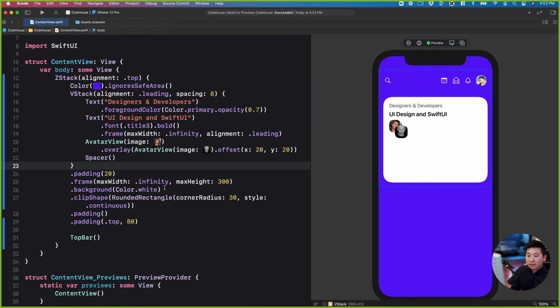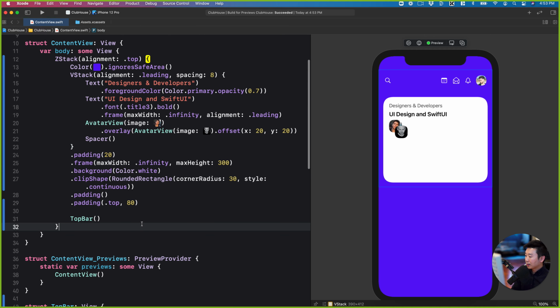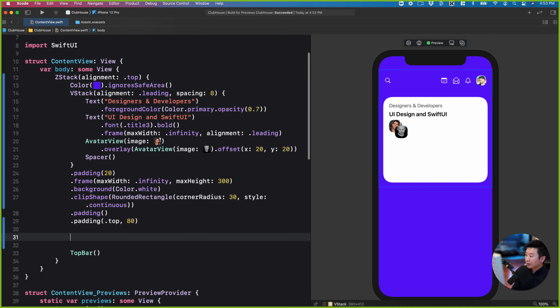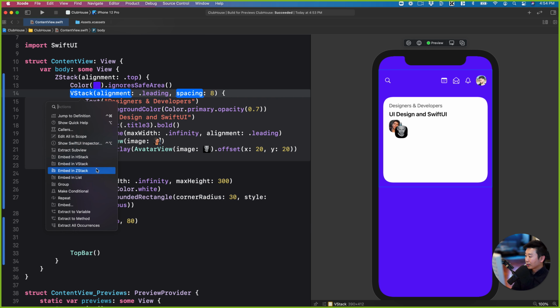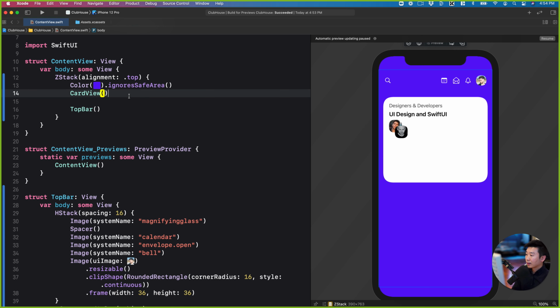So next, I want to show you how to set the thing on top. First of all, I can definitely create this into a component. So this whole card is going to be a component. So I'm going to set extract subview. Let's name it card view. Okay. As a result,